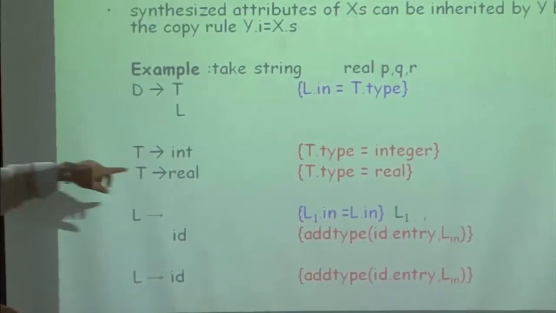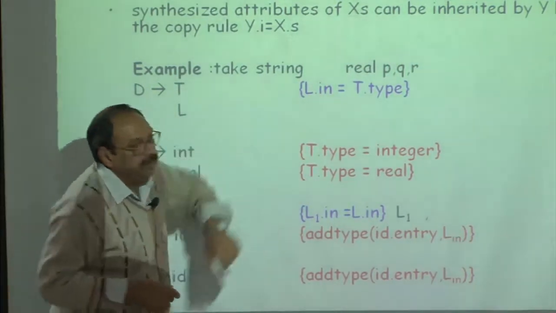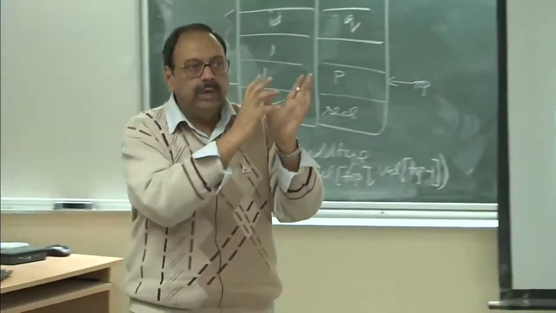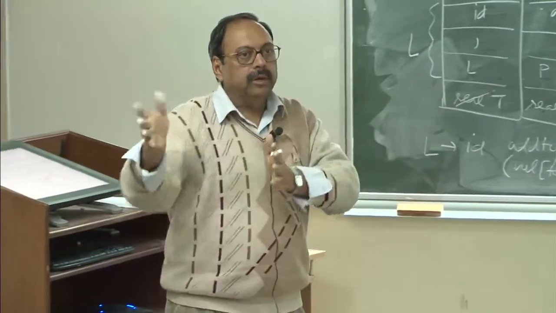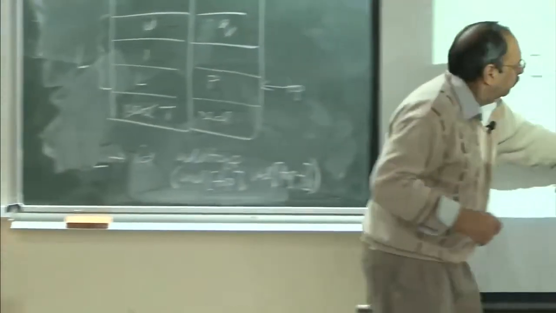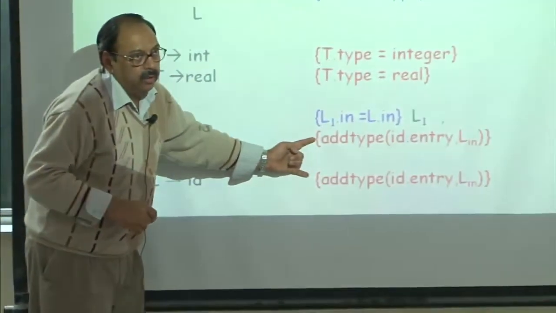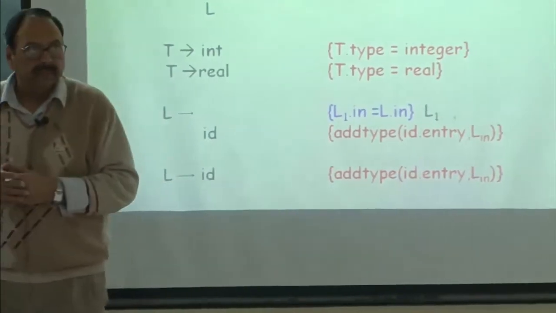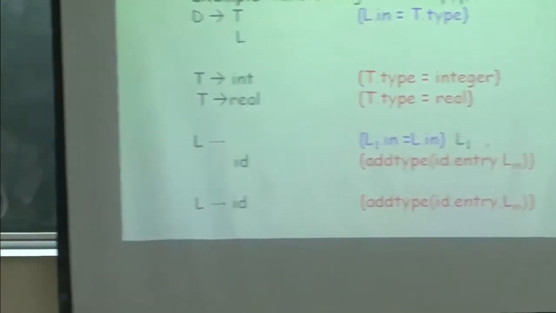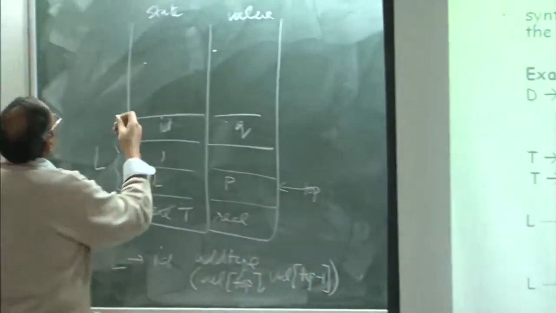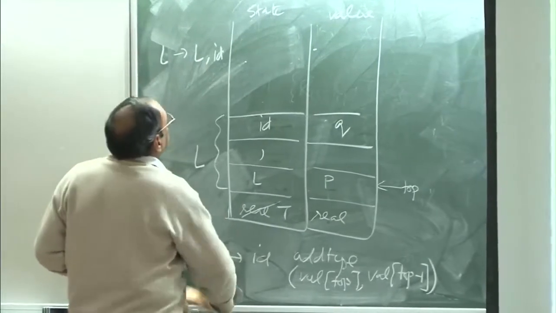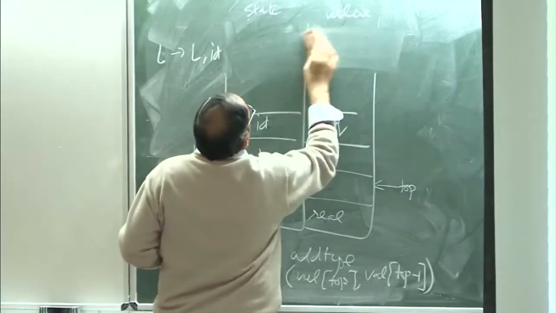See, remember that all these rules, this rule and this rule which is a copy rule, this is not contributing anything, this is just taking value in one part of the tree to another part of the tree. Ultimately, these are the only two actions I am interested in. I want to make these entries in the symbol table. So, now if I say that I am reducing by this rule, can I say at the same time that whenever L goes to L comma ID, basically what I am trying to do is